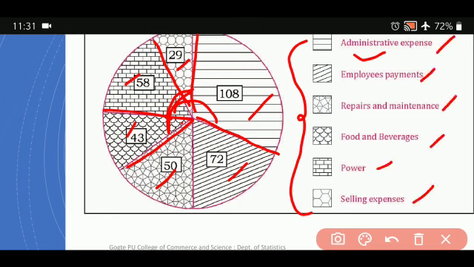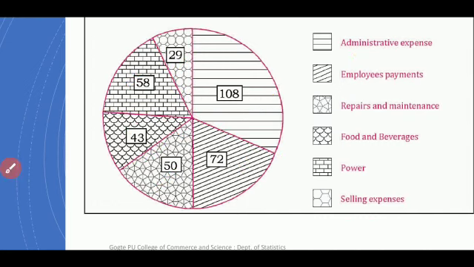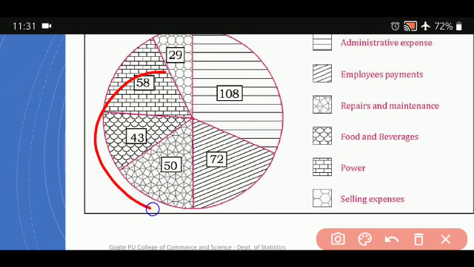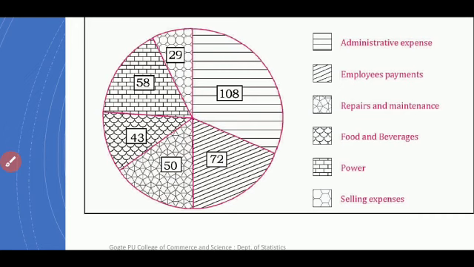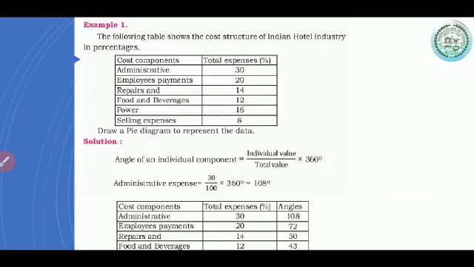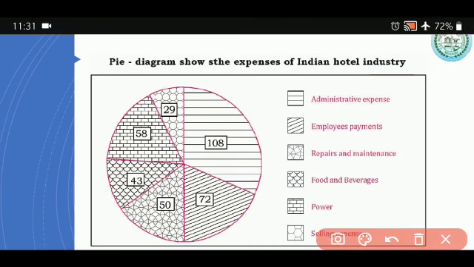This is how you draw. You have full freedom to draw the circle of your choice. You draw the circle nicely big, and this is the radius. From here you start 180 degrees with the protractor, then you keep on this line. In this particular example they have gone in this direction. See, 108 employees payment repairs, it comes in this fashion. You can go anti-clockwise or clockwise, it makes no difference. The only thing you have to keep in mind is that the diagram should be neat, presentable, clean and systematic.